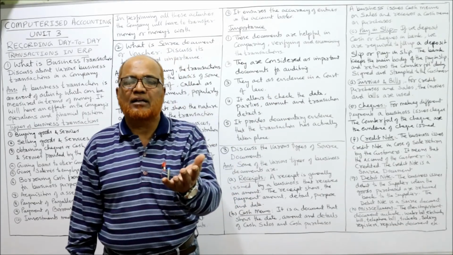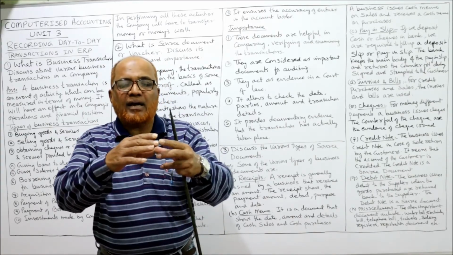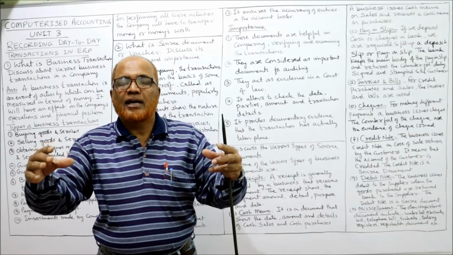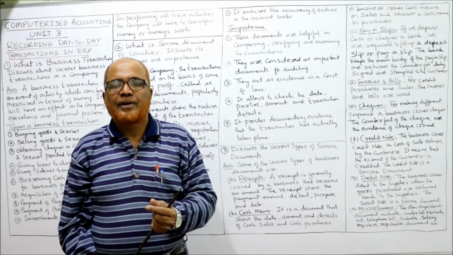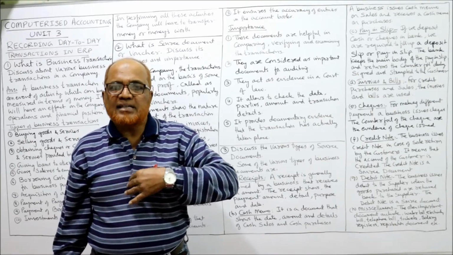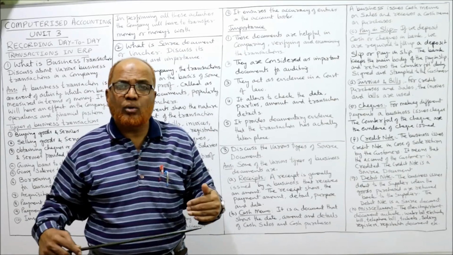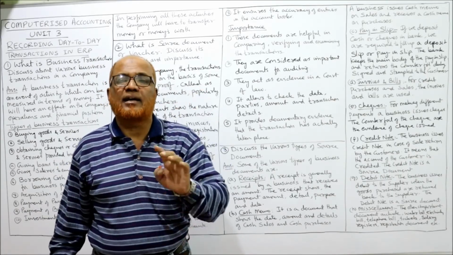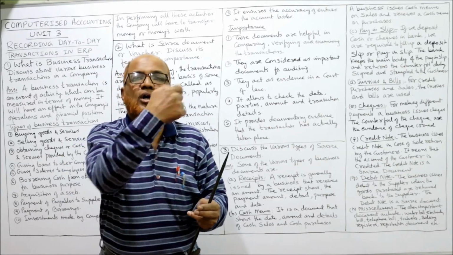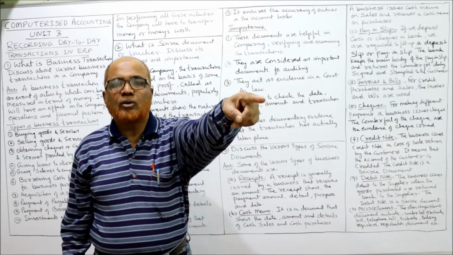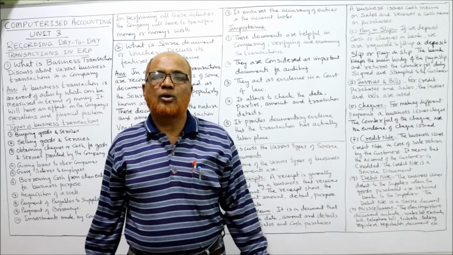It's a sales return. So whenever there is a sales return, the supplier will make a credit note indicating that the buyer's account is credited. When I am the seller and I sell the goods to you, your account is debited. When you return the goods, your account will be credited. So when the customer's account is credited, we will issue a credit note explaining that your account is credited in my books. So on receiving this credit note,